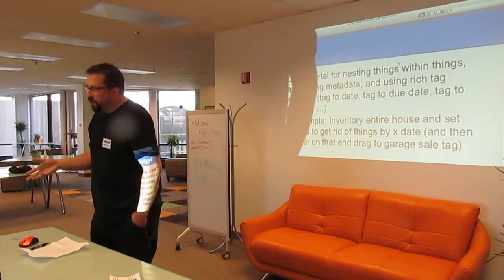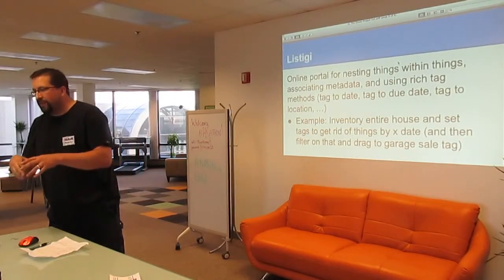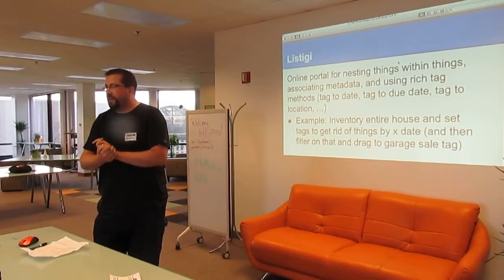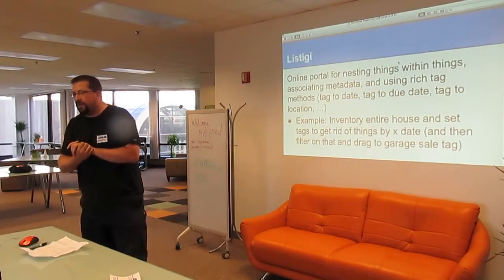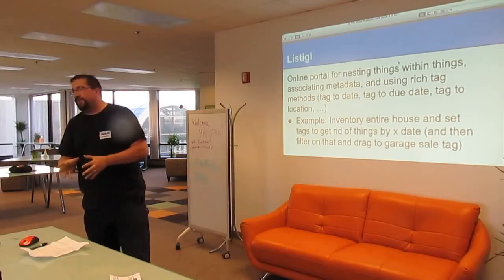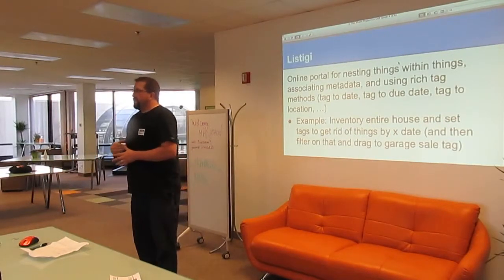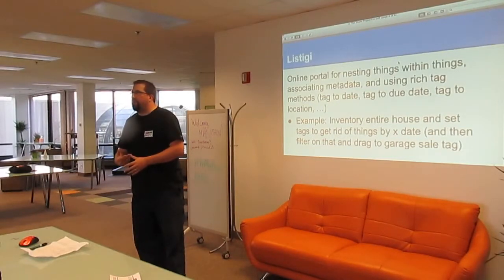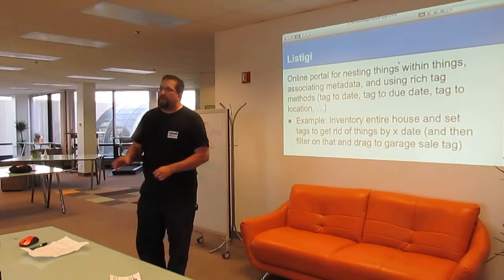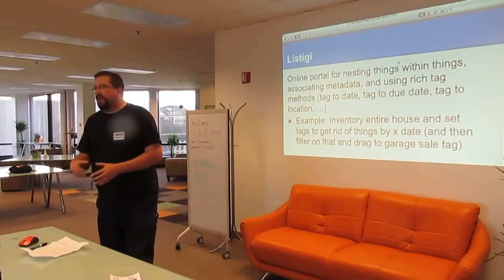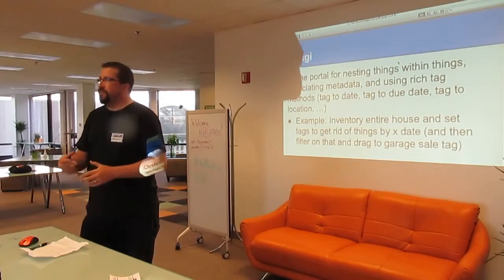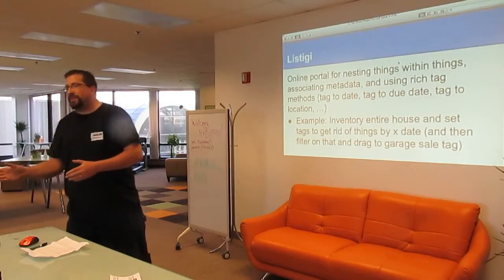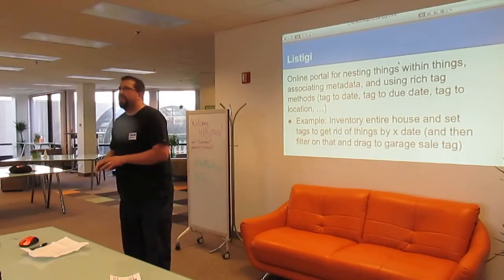Next one is Listiggy. This one is an online portal for things within things and associating the appropriate metadata for it. Using rich tag methods like tag to date or tag to due date or tag to location. The whole concept there is I have so much stuff at my house, and so do you, because we all overbuy or we have things that we bought in the past that got outdated that someone else wants. Or we have a ton of stuff in our house that we'd actually like to catalog for some reason, and some of that is, maybe we should actually do an asset inventory of what we have